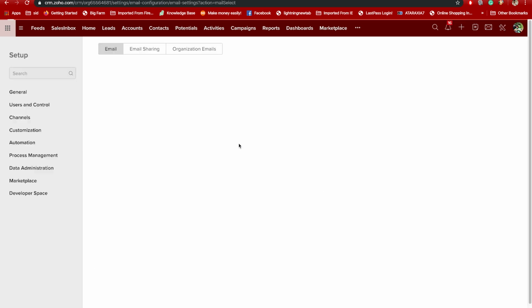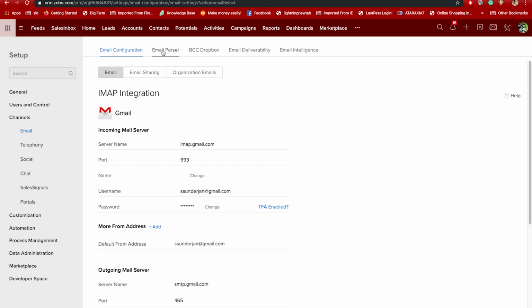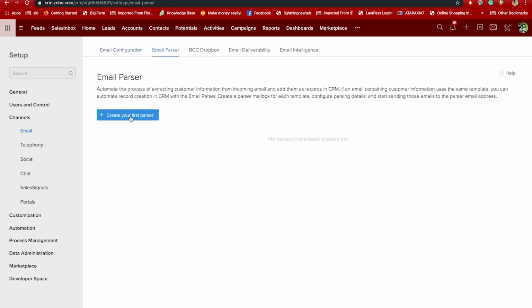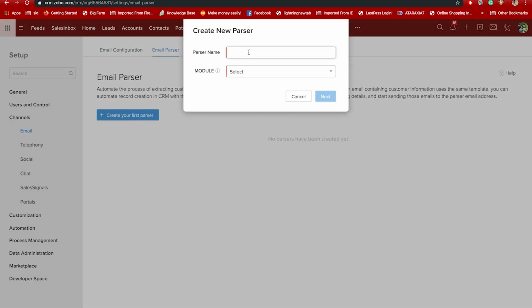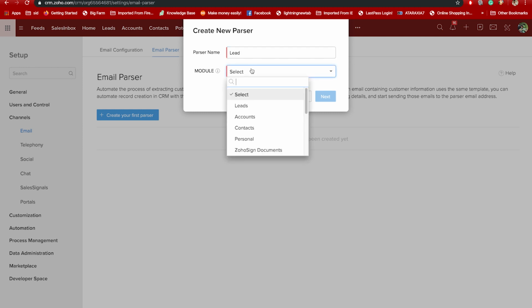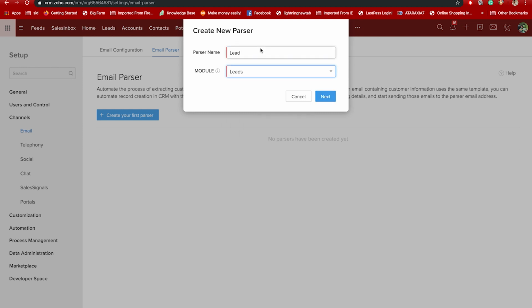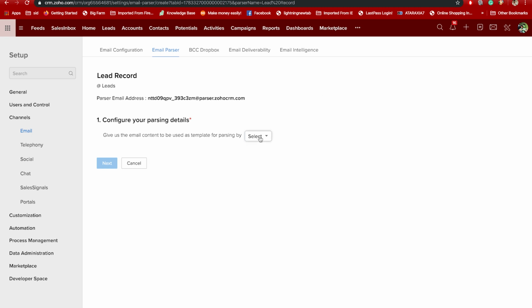Go to your email and click on Email Parser and create your first parser. Add your parser name and select your module. I'm going to choose to send an email.